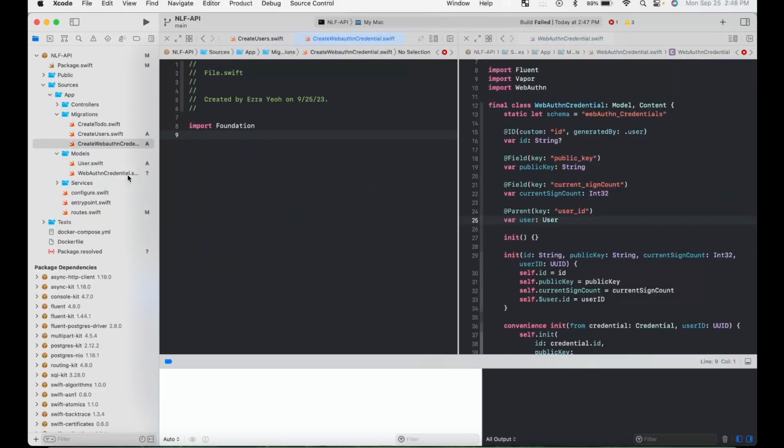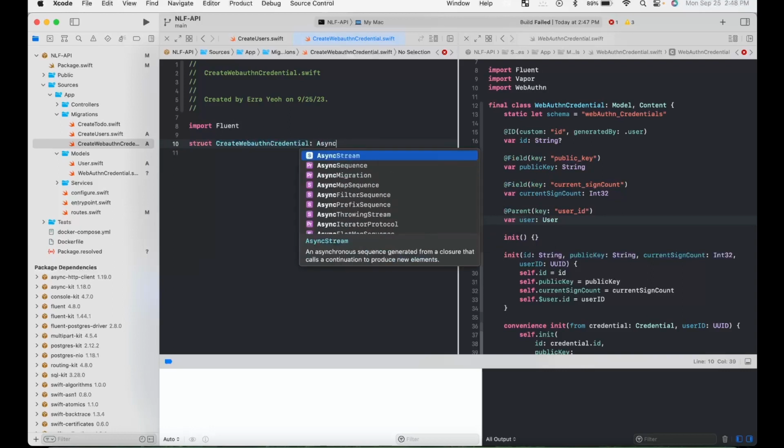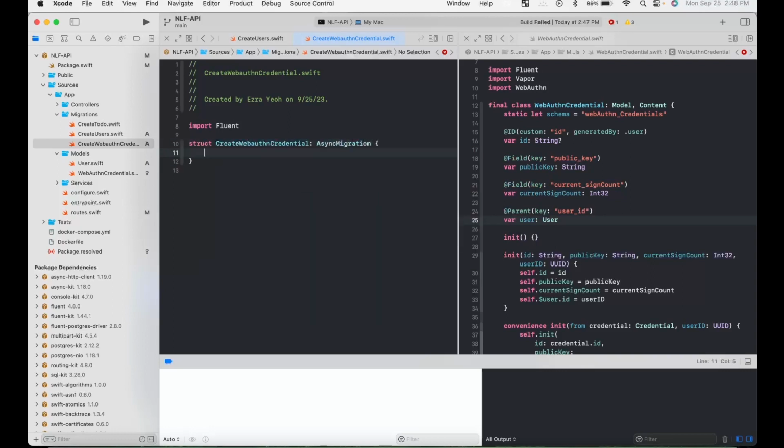Okay, so we name that here, import Fluent. Okay, so start up a struct, conform it to our AsyncMigration. Okay, grab the name of our schema. Okay, add our prepare and our revert function. Okay, and then do try await